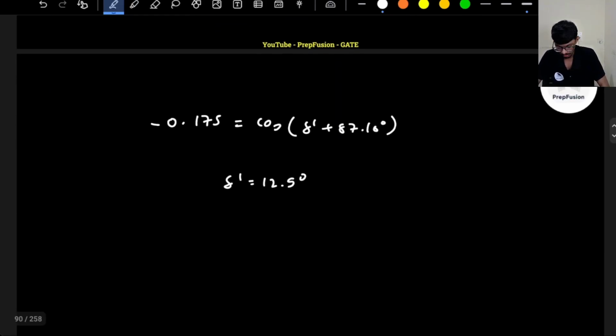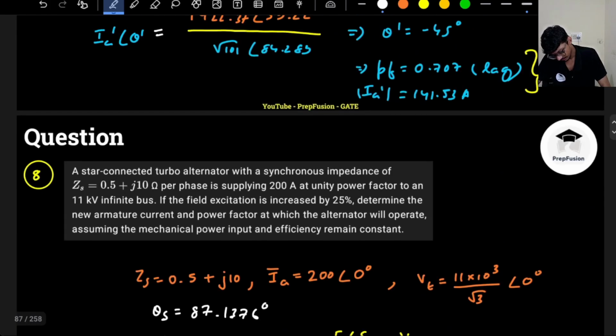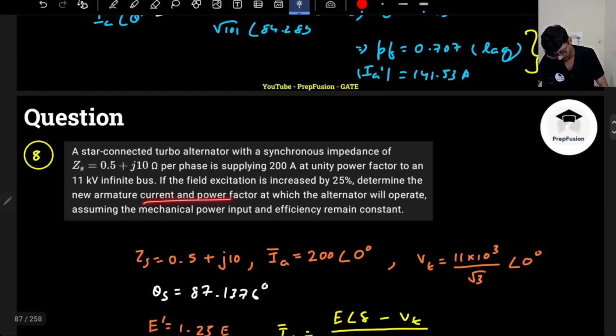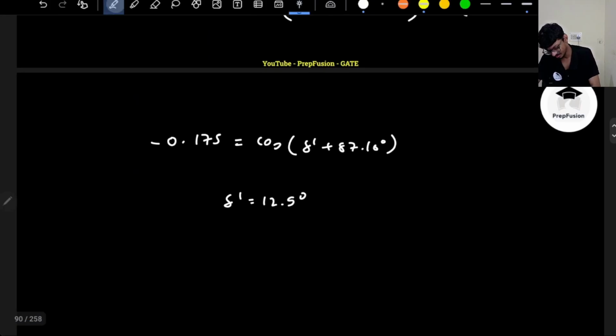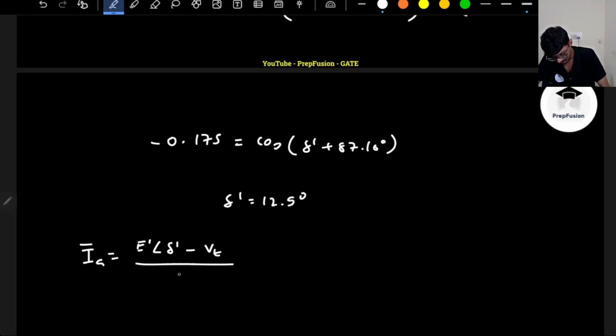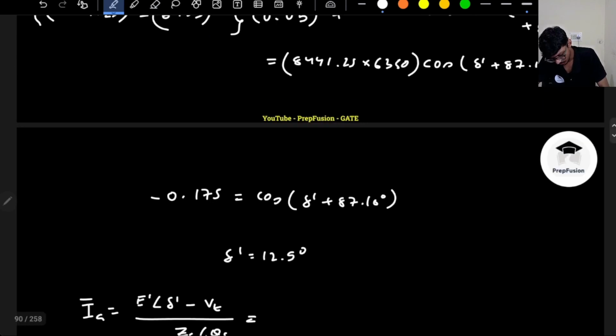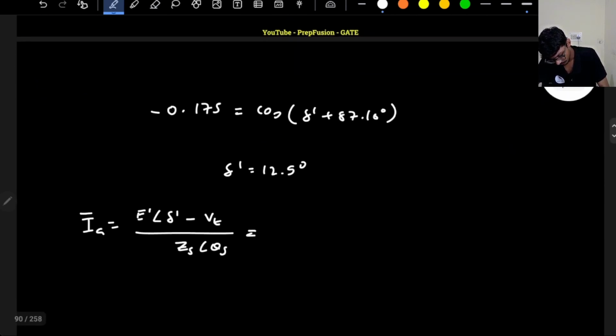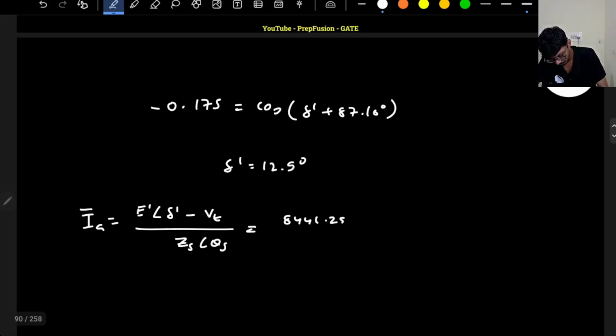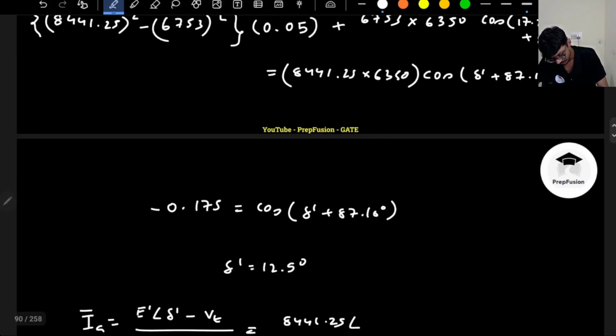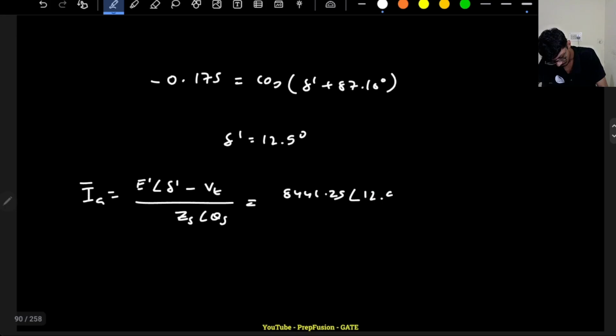Okay, what have they asked? They have asked us the new armature current and the power factor, right? So armature current will be what? Again we have to solve this. Armature current IA vector will be again very simple, E dash delta dash minus Vt divided by Zs theta s. Okay, so E dash I know, that is 8441.25 into delta dash, so delta dash is 12.9 degrees minus Vt is 6350, divided by